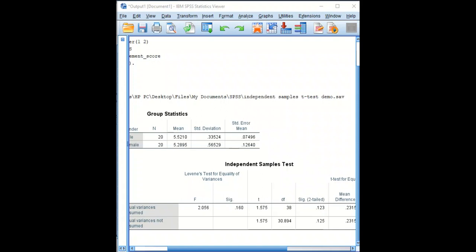You need to consult the significant value column located under the Levene's test, under the Levene's test for equality of variance column. In this example, the significant value is 0.160. So if the population variance of both groups is equal, this test will return a p-value greater than